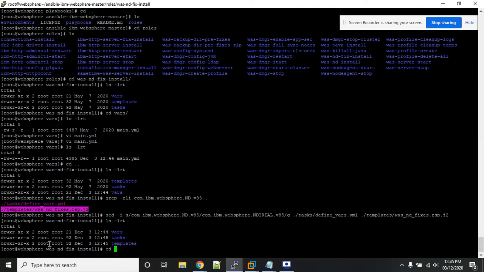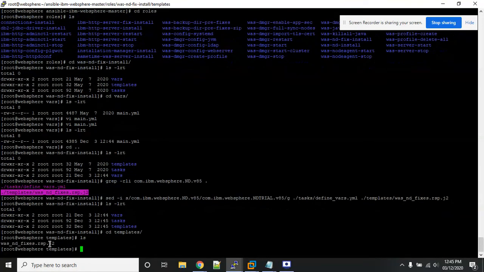Now I will go into templates. This is the main thing. Why? Because I don't want to download and then install. I don't need my binaries to go into every server and download and extract.